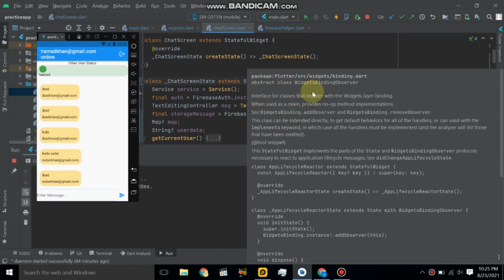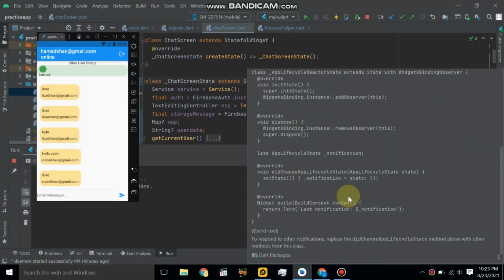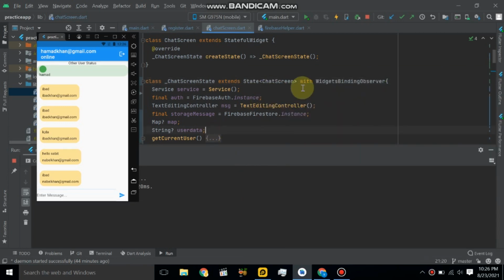It is abstract class widget binding observer, and also check all the documentation. So in this class we have function did change app lifecycle state. So let's copy from here, copy from here and